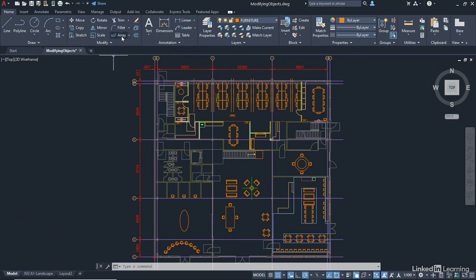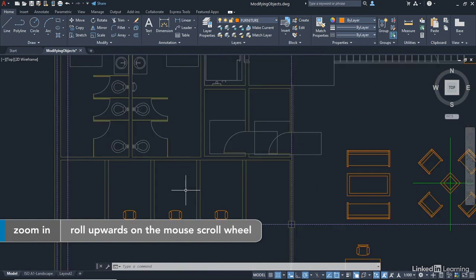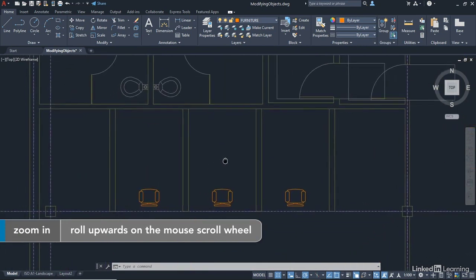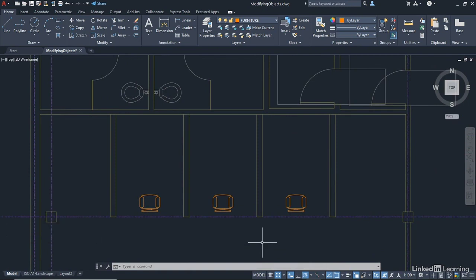The reason being, we're going to be looking at these commands here on the modify panel, trim and extend. I'll just hit escape to lose the little flyout menu. We're then going to zoom in on our hot desking area here, so get in nice and close, pan a little if you need to. We're going to create some desks just using some line geometry, but we're going to trim and extend that line geometry